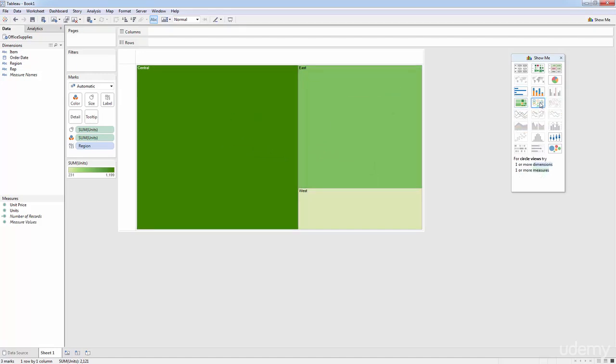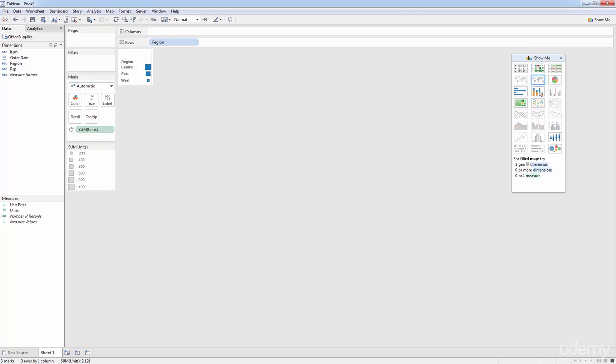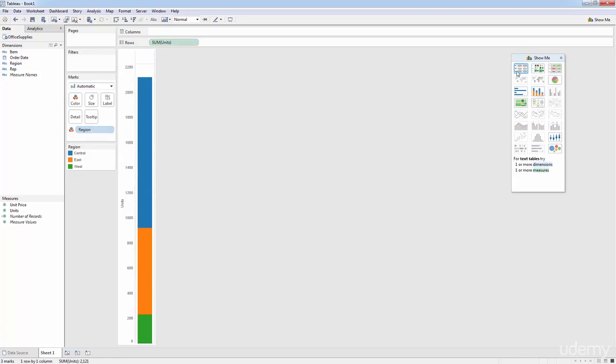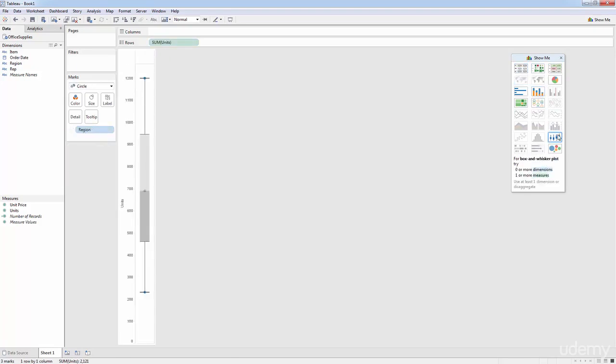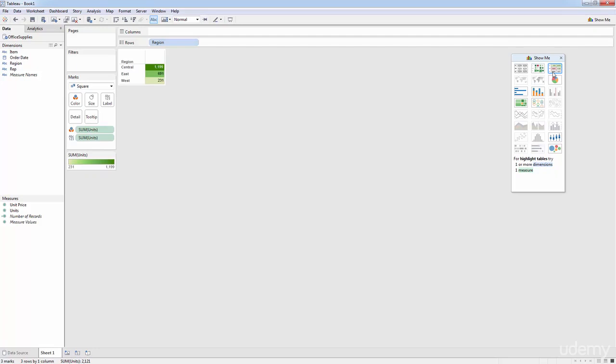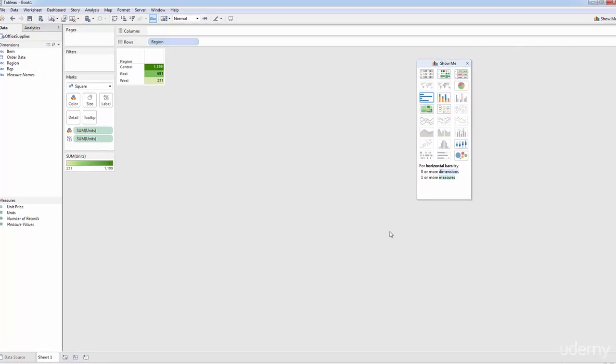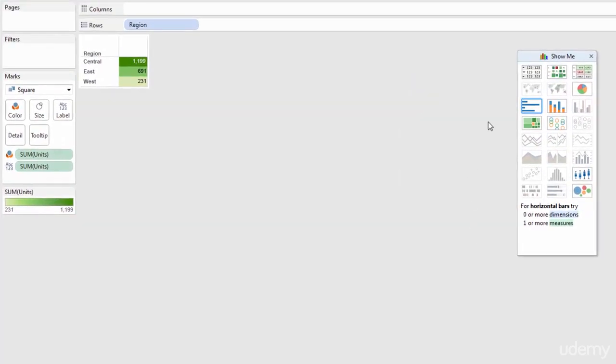You can just keep clicking around and you'll see different versions of the dashboard or the worksheet that Tableau is suggesting for you. And maybe you might be happy with one of them, but we won't rely on that, and we will create our own version in the next tutorial. So before we finish up, I just wanted to show you that in this Show Me